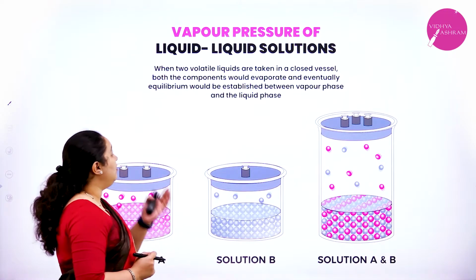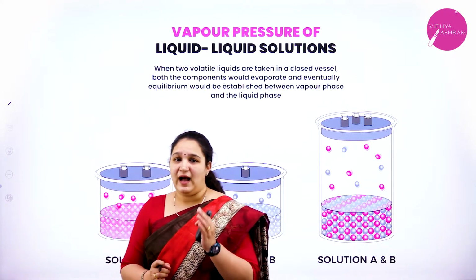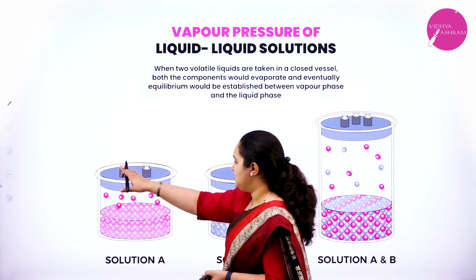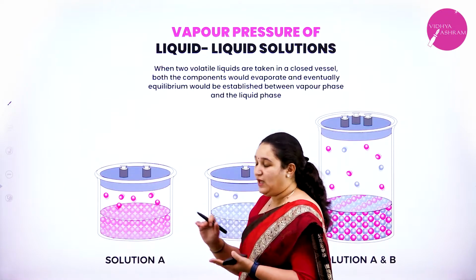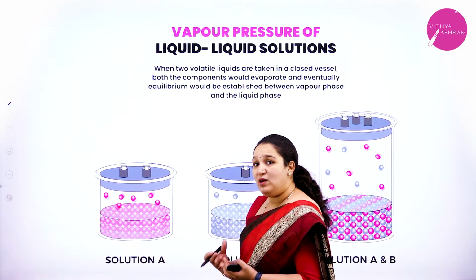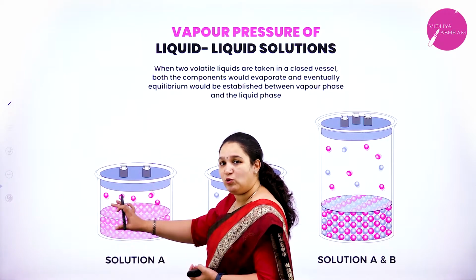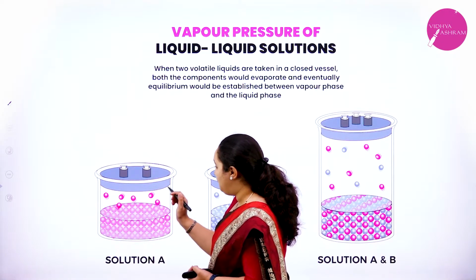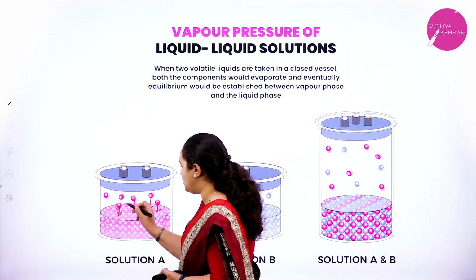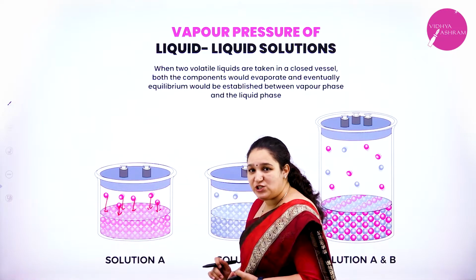Now what is the meaning of the word vapor pressure? For example, I will take a volatile solution A in a beaker. It is covered. Now I told you it is a volatile liquid, that means the particles in the solution can evaporate and go to the vapor phase. Now if these particles in the vapor phase exert pressure on the surface of the solution, that pressure is called